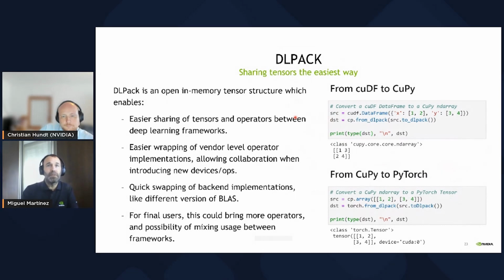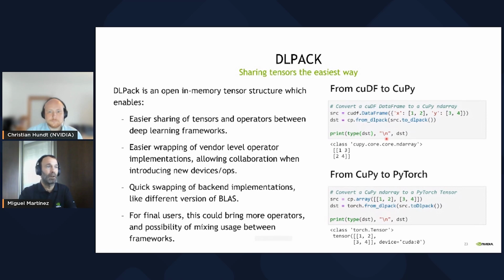So I mentioned Apache Arrow, and this is one specification we'll use, but there are other alternative specifications which are very compatible between them, like DLPack. DLPack lets you exchange tensors between libraries. So for instance, you have a pandas data frame or a cuDF data frame in GPU memory, and I want to convert that to a CuPy array. So I just need to do source to DLPack and then CuPy from DLPack. And they are basically exchanging pointers. The data itself is not converted, it's not moved, and that is really efficient.